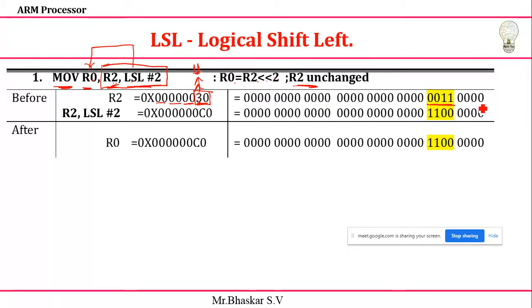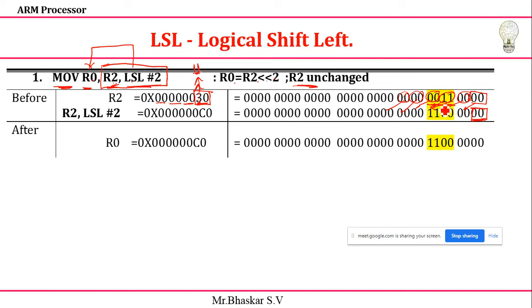So what I'm doing, these two bits will come to here because we are given a 2, right? This value will come to here. Actually these two values will come to here. These two values will come to here. These two values will come to here, and these two will come to here. Similarly everything, because of 0, it will get the values as it is shifting left. So this is the padding that is happening. Two zeros will be added here.